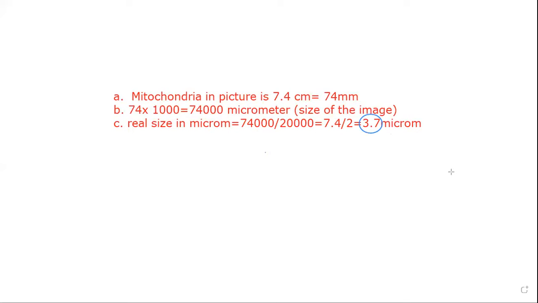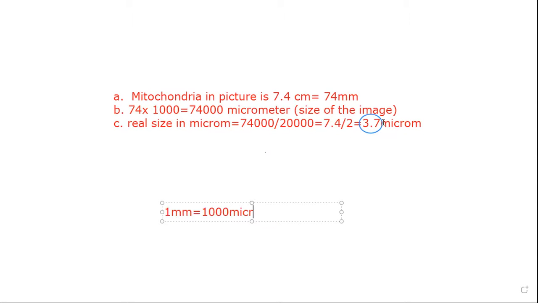Okay, how many of your mitochondria could you line up end to end between two of the millimeter marks on your ruler? Between 2 millimeter marks of your ruler, that is 1 millimeter. You know that? Yes, ma'am. So 1 millimeter means how many micrometers? 1000 micrometers. Yes, 1000 micrometers.